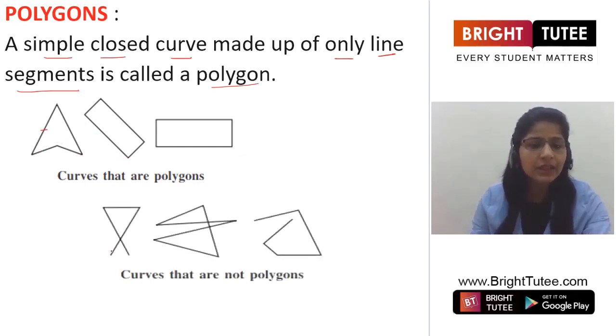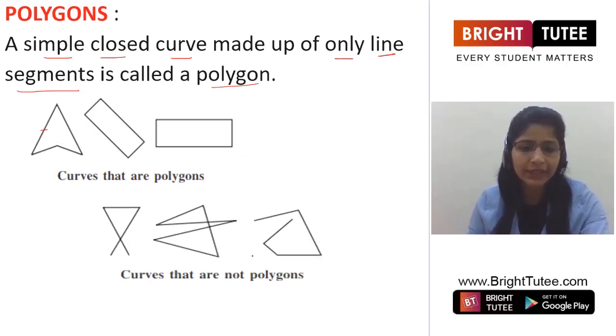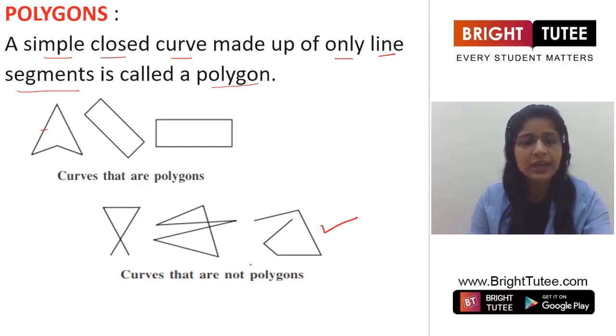Next come these three curves which are not polygons, because we see this one, the last one, is not even a closed one. The first and second one are closed but the lines are crossing each other, so these are not polygons. So what's the definition of polygon and what is the conclusion that we have made? That it should be a simple closed curve, the first thing, and there should not be any curve or curved line in that. It should only be made up of line segments, so the figure will be known as a